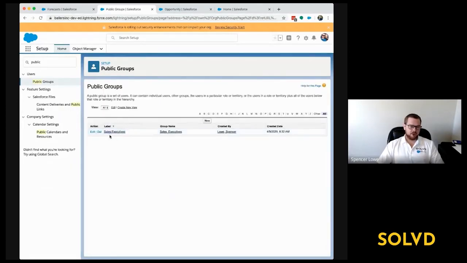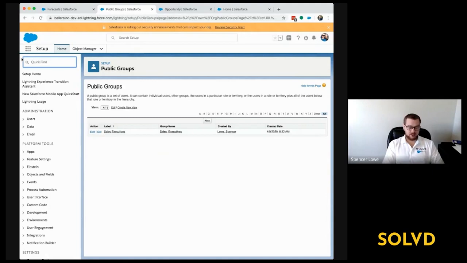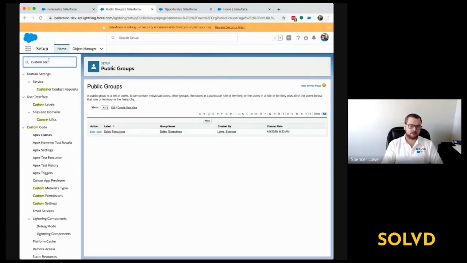Okay, so we're going to have a group of sales executives, and we want to notify them when this escalates. And we're not going to send them an email because there's so much email going on. It's just going to get lost in the shuffle. We want them to get a notification directly in Salesforce or on the mobile app, up here in your notification tray, or on your mobile app as a push notification with a link to click straight into the deal and jump all over it. And so what we'll do is make sure that we have a custom notification